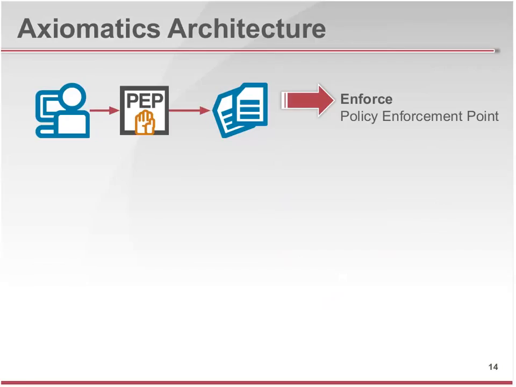At Axiomatics, we operate in part of the identity management market that Gartner refers to as externalized authorization managers. And what I wanted to do is explain in a little bit more detail some of these different architectural components in an ABAC or a policy-based access control system. Now, you might recognize some of this terminology and icons from the XACML, or Extensible Access Control Markup Language, reference architecture, and that is the basis for what we're discussing here.